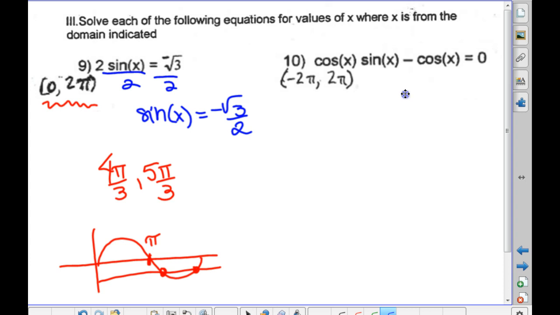Add cosine? If you have a good idea, okay. Noah's idea was to add cosine over to the other side, and then we could divide a cosine off each side, okay? The problem is you will lose one solution. Anytime you divide by an x, you lose the possibility of a solution. Because, and I don't know that it would have made a difference on this question, Noah, but if we factor this out,